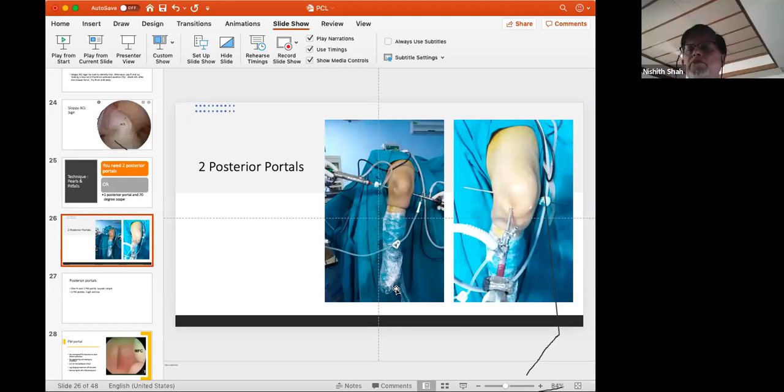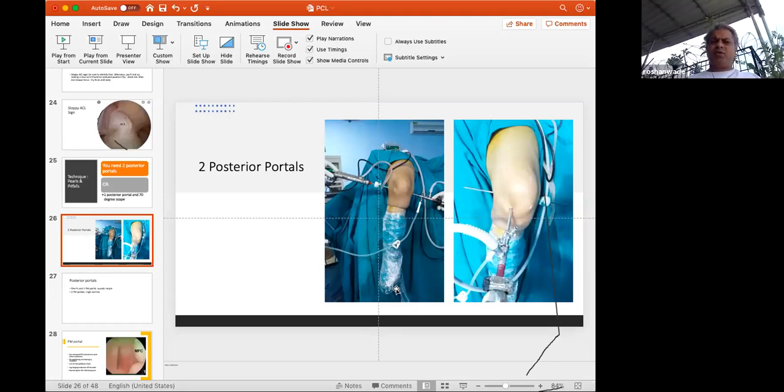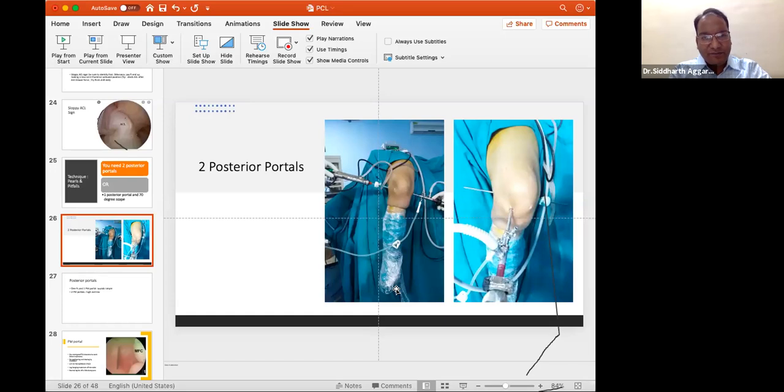Yeah, and what I would like to add is, even if you release the tourniquet, do you use anything like Disprin after the surgery for a few days? No, it's not required. See, if you haven't damaged vessels, you don't require anything. Not yet used, sir. Never used. Okay. Some people advocate that you should use blood thinning agents for a few days. And I wanted to ask you, Siddharth, what is your